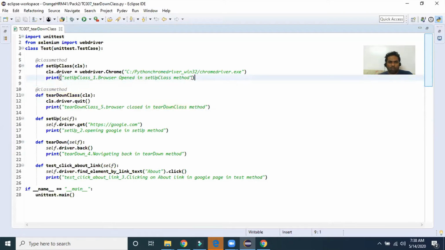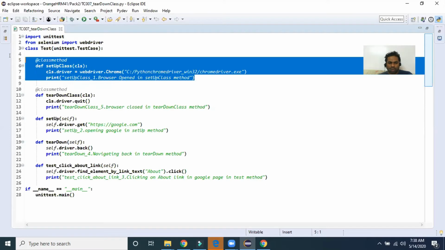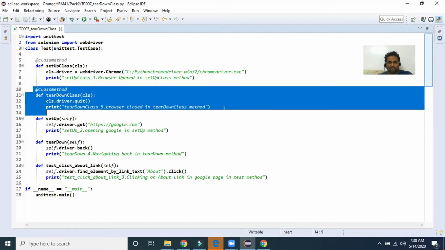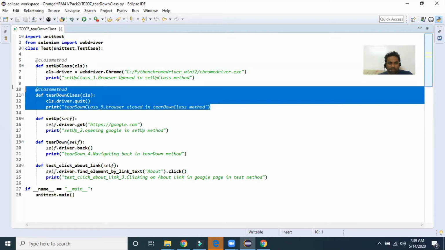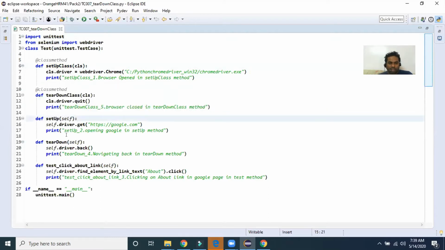The global session will be used for all the tests, and finally that global session will be closed when the tearDownClass method is executing. The setUpClass and tearDownClass methods are predefined methods. Once all tests are executed, finally this will be executed.